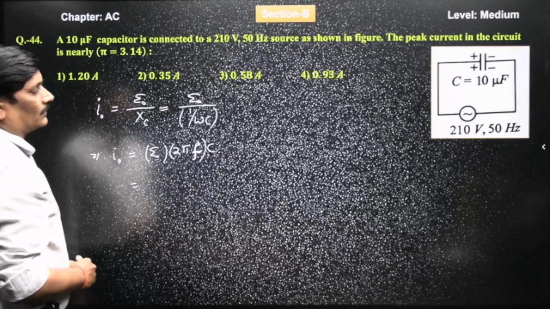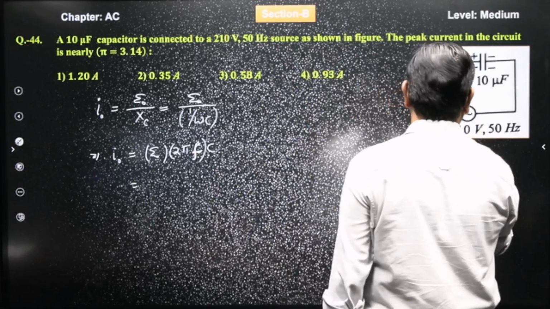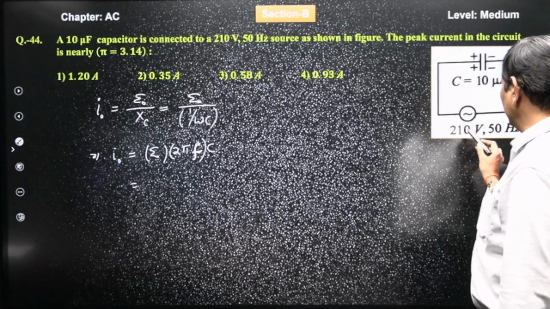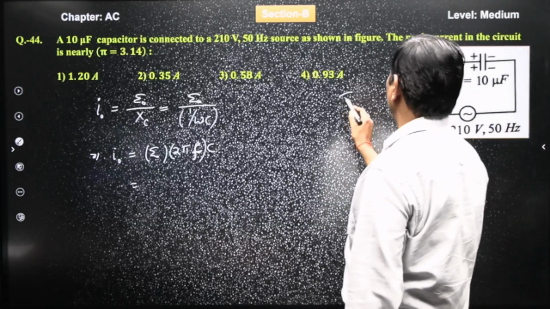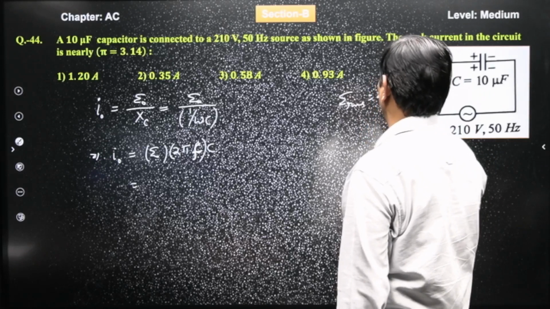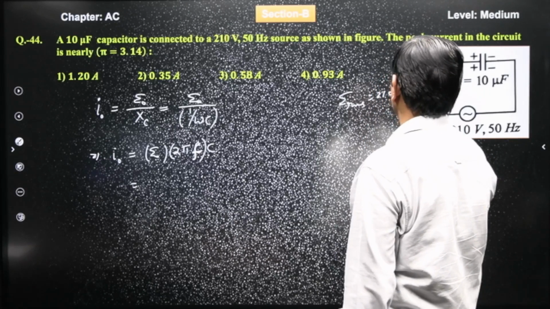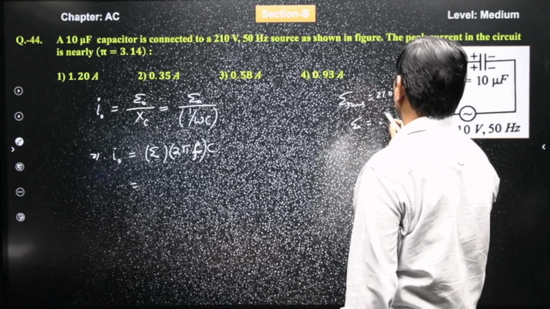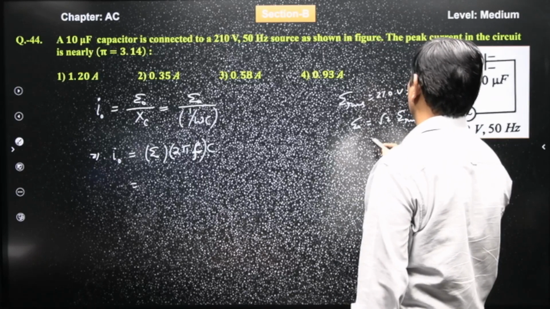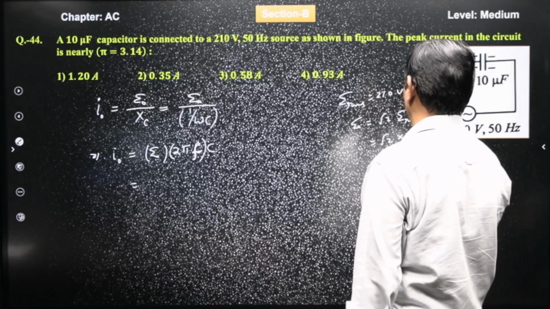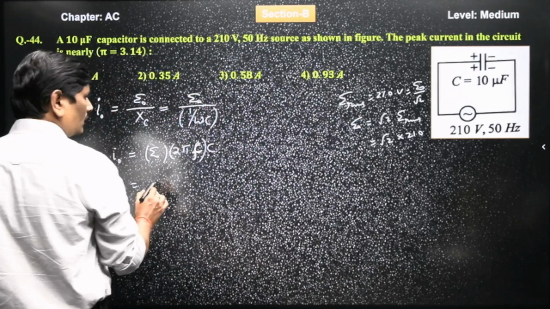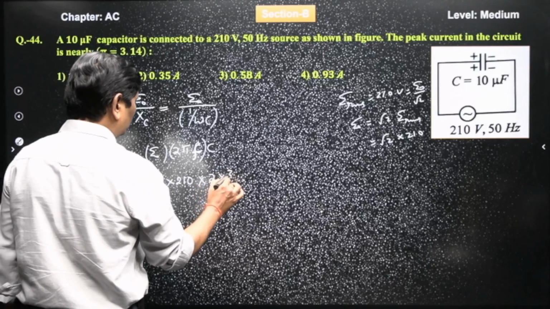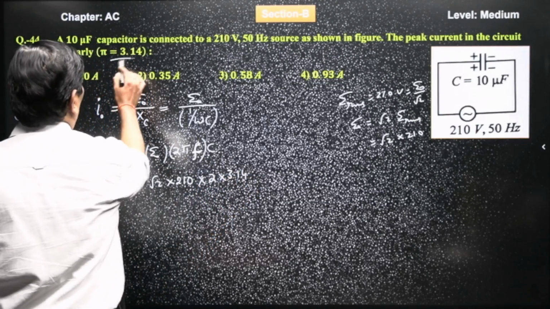Substitute all the values. You are given 210 volts. At the source, whatever value is represented like this, it is the RMS value. E RMS is 210 volts. RMS means E naught by root 2, so E naught means root 2 times E RMS, that is root 2 times 210. So E naught here is root 2 times 210 volts, 2 pi value asked to take 3.14,